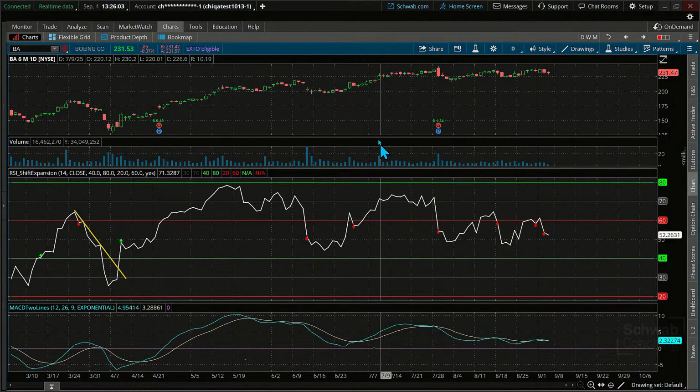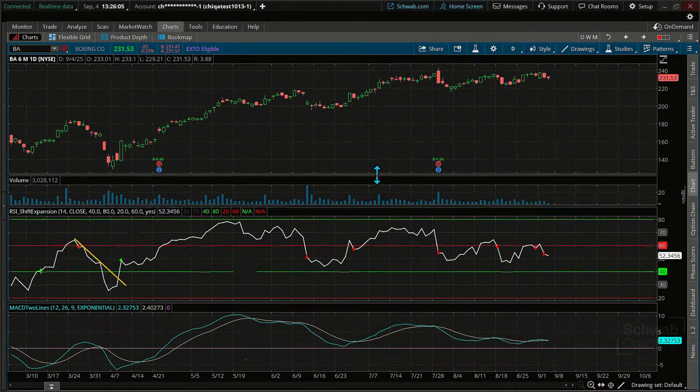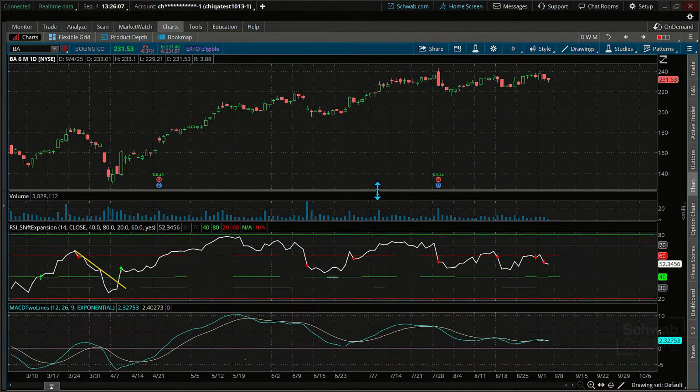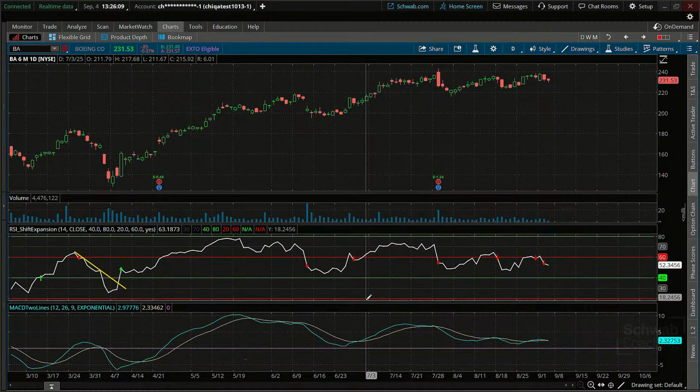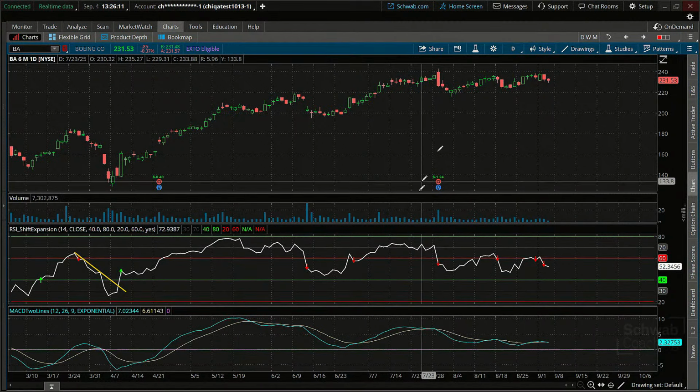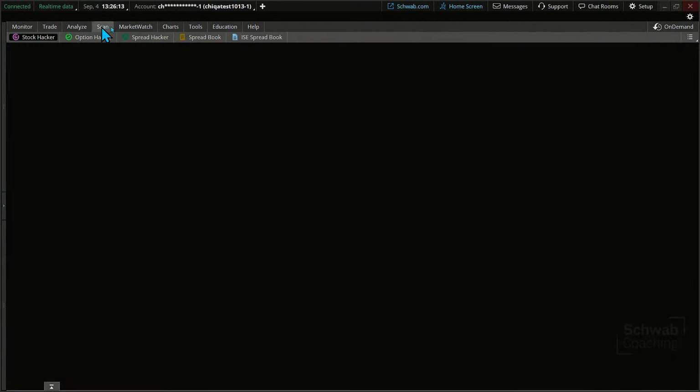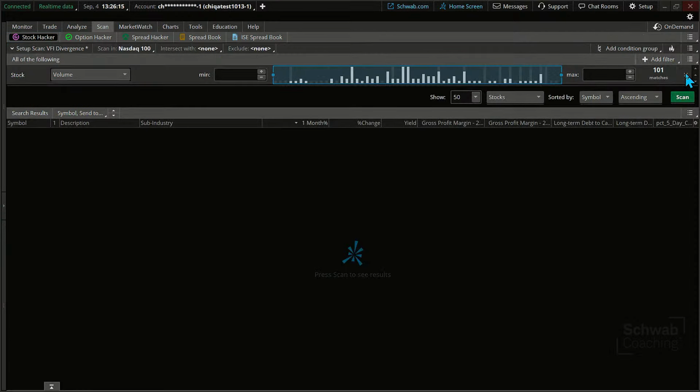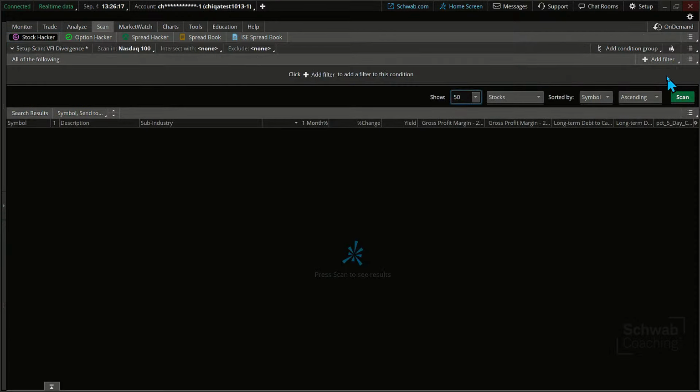RSI has just been known for decades to be overbought or oversold. People talk about momentum, but now we can have lines to measure it. And, well, let's scan for it next. All right, so let's do that right now. We'll go into our scanner. And what we're going to do is, as we get into this right now, next thing, let's take a quick look and see. Don't see the RSI shift.